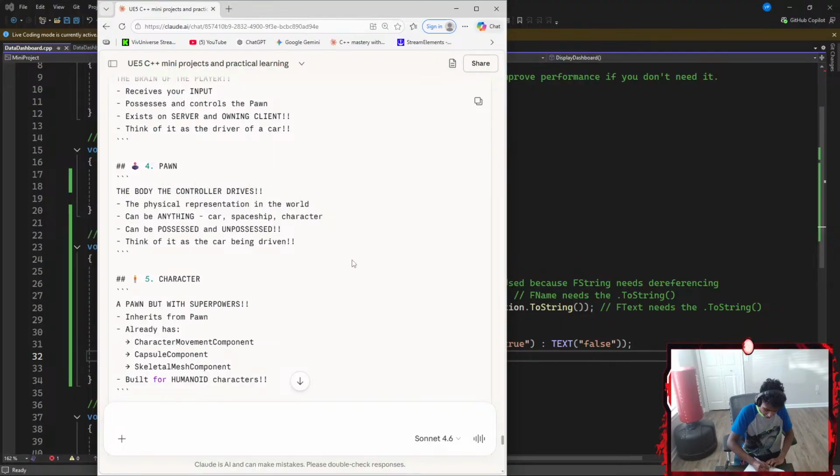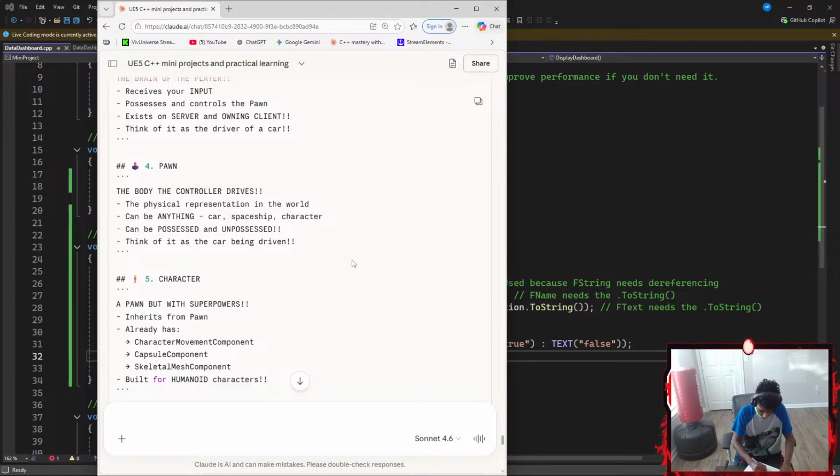Oh, I see. Okay, okay. I'm actually starting to see how the player controller and the pawn correlate, because I thought that the pawn was the brain of the player, but it seems the pawn is the physical body. No, the physical is definitely the character. Let's see. Okay, let's go with something like pawn.